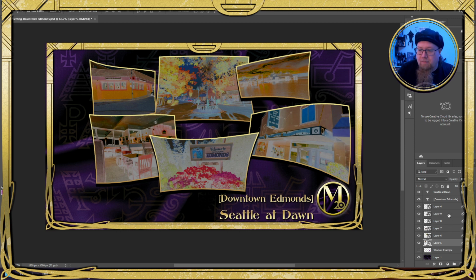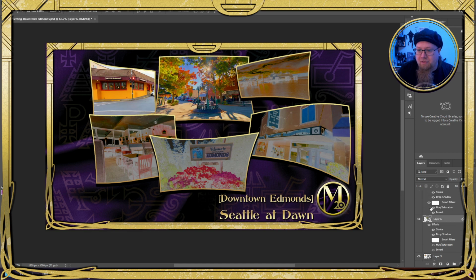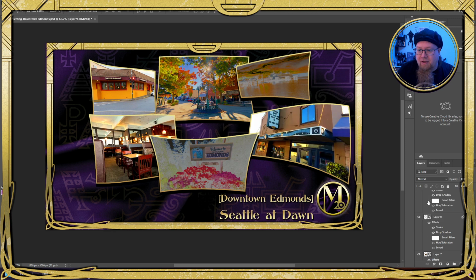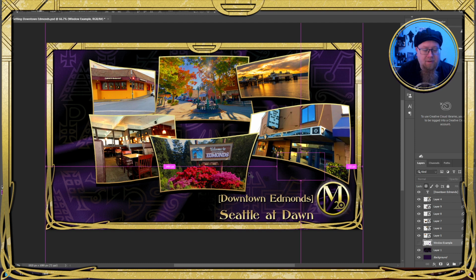So now we want to basically save our base version. I'm going to turn off all the smart filters on each of these layers for now so that we have our material world versions. Just like that. And so now I'm going to save this.